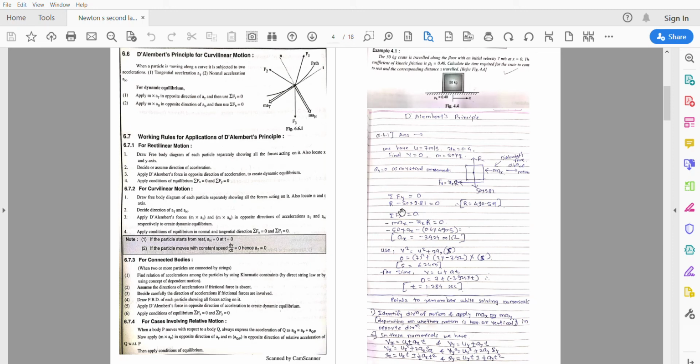Good morning friends. Today we are going to discuss D'Alembert's principle and application of D'Alembert's force in the analysis